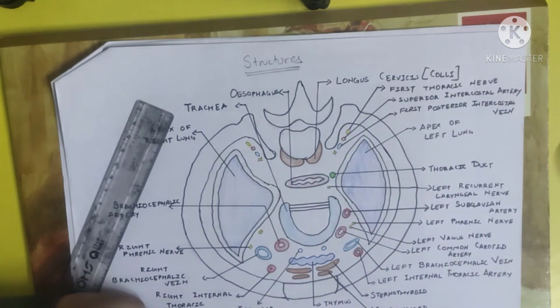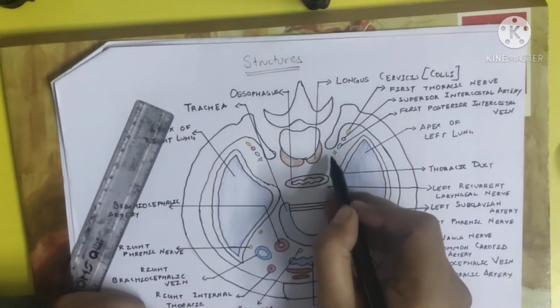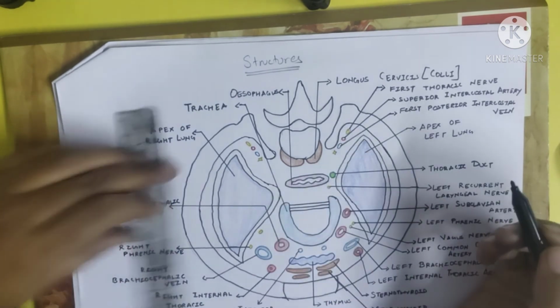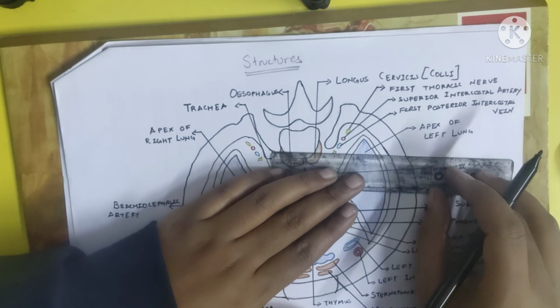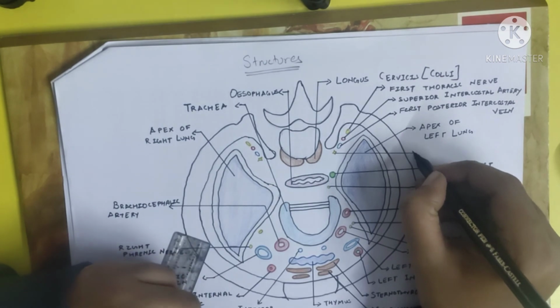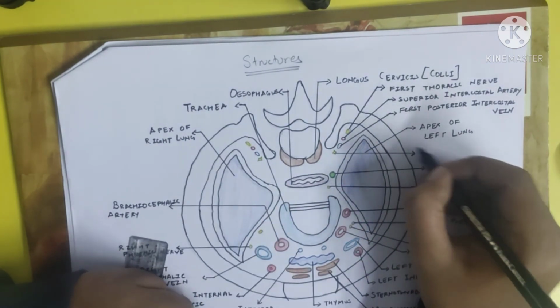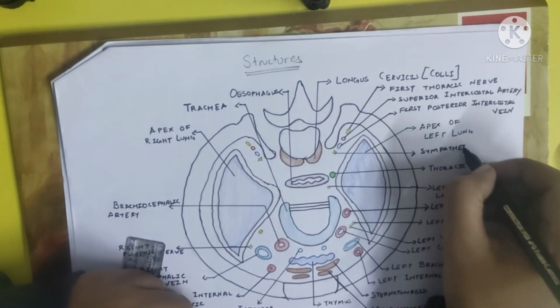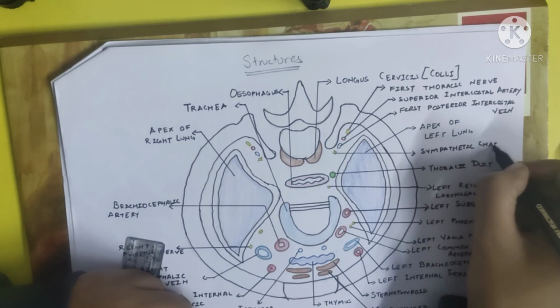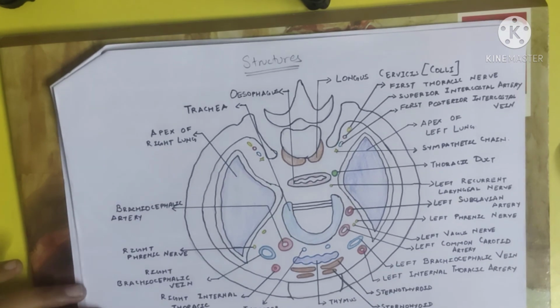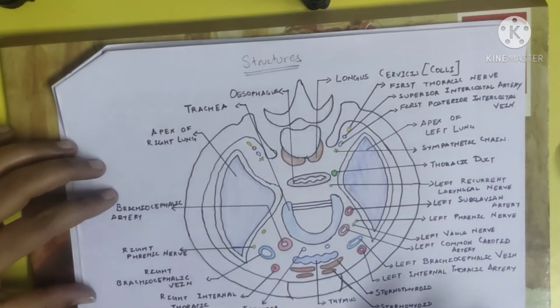All right, now this structure here is a sympathetic chain, but we do not have the space to do it here. We will take it down here. The reason I have marked it like a star is because it's the chain structure, so it's easier to remember that this is your sympathetic chain. So that's it. That's the diagram entirely for the structures which pass through your superior thoracic aperture or your thoracic